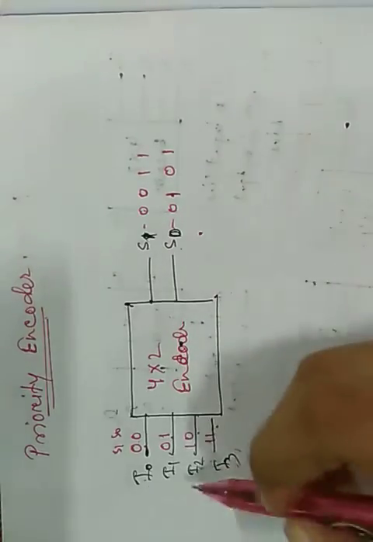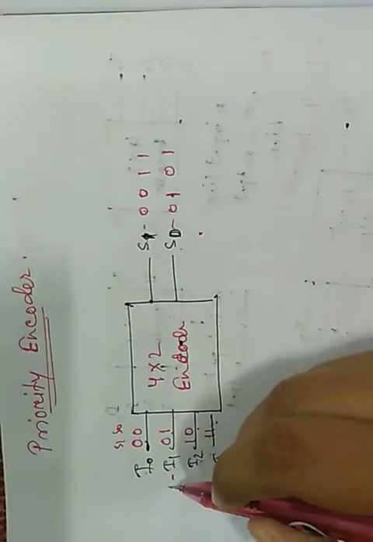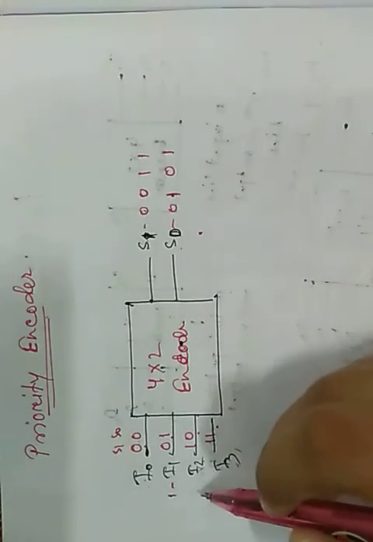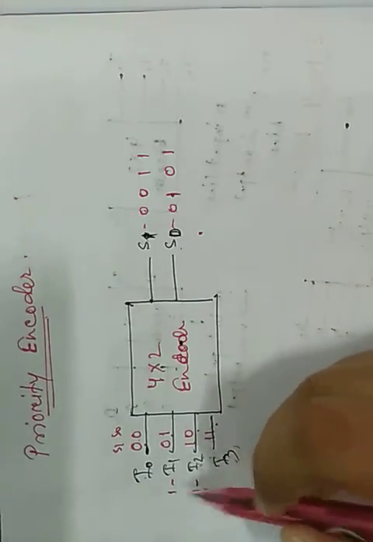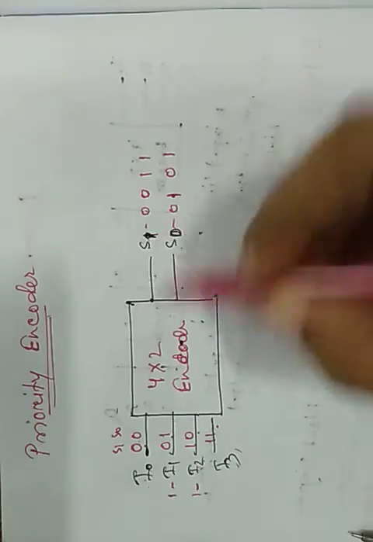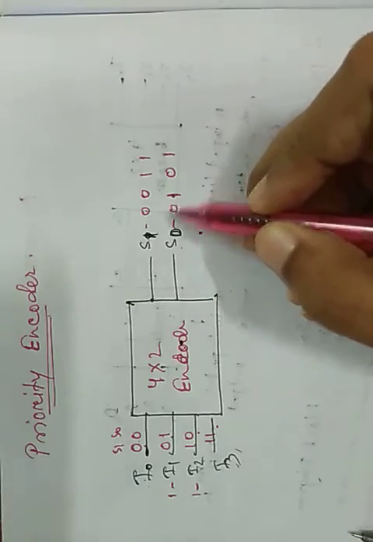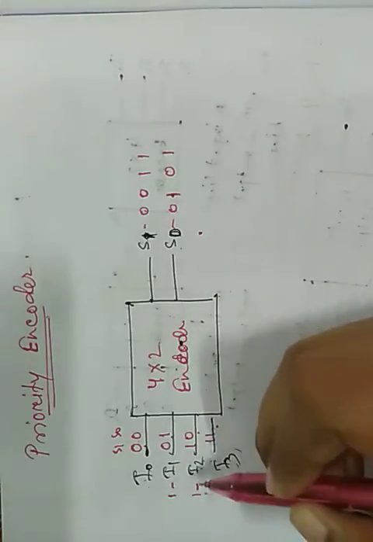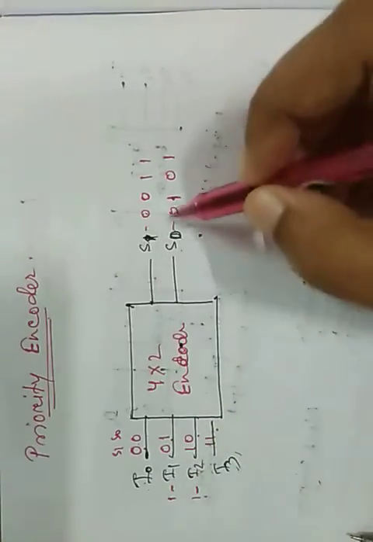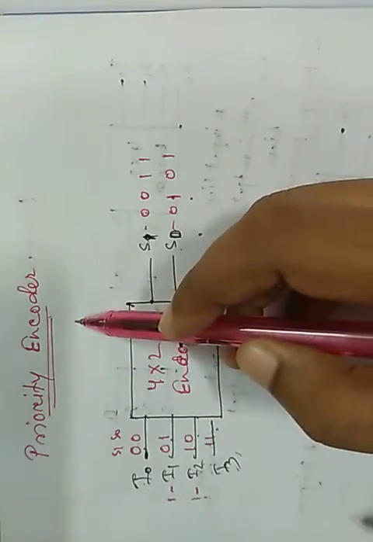But what about one input signal? Means only one input value is high at a time. That's the value we get in the output side. But what about if two input values are high at a time? Then what output do we get in our output signal? If there are two inputs high, then which input gets its priority to show the value in its output signal? Then comes the concept of priority encoder.